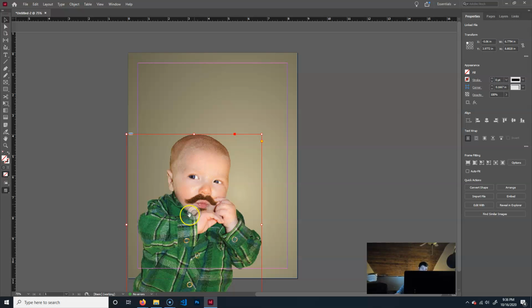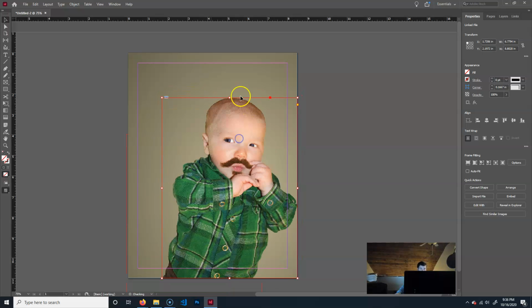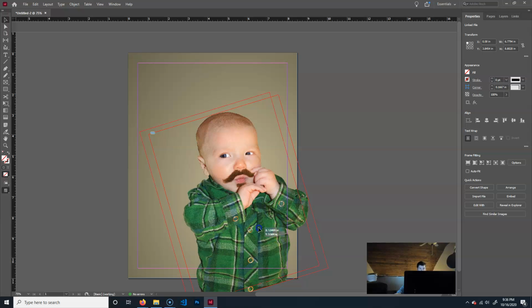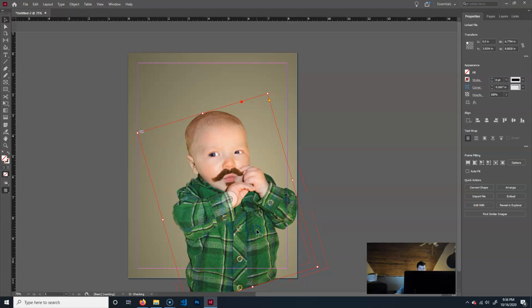Anyway, so what I'm going to do is hold Control and Shift and just scale it down. And then we'll go like this. I'm going to hold Control and Shift again and just, actually that's probably okay. And I'm going to click on this and drag this down a little bit. And if I go in the corner, I'm going to rotate it a little bit, like so. And we're going to make it like this. And that's